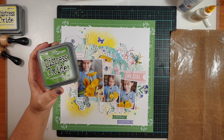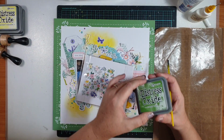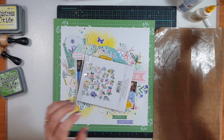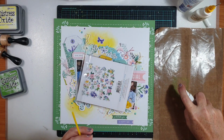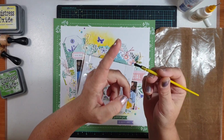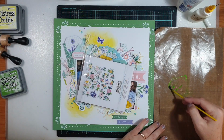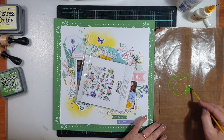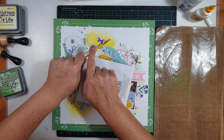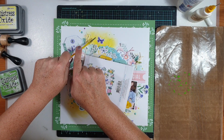Now I'm going to add something just over my photos there, because I don't really want to splatter them. So I'm just going to swipe it on my messy mat like that. I've got my little water sprayer, so I'm just going to give it a couple of spritzes of water. Now this brush that I'm using is a kid's paintbrush, and it's got really stiff nylon bristles, and I find it gives really good little splatters on a page. So I'm just going to add just a few little splatters